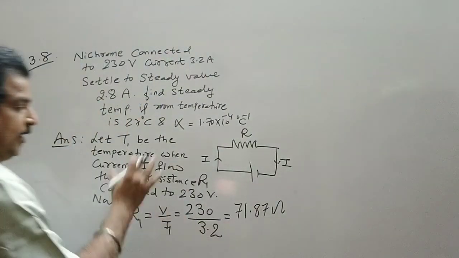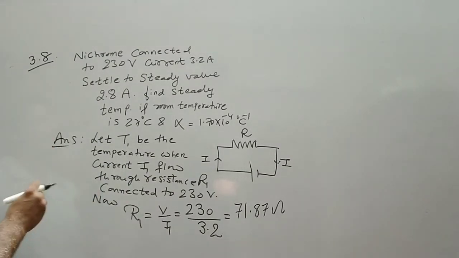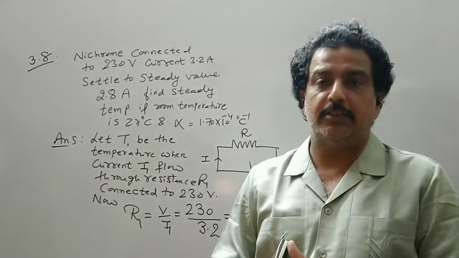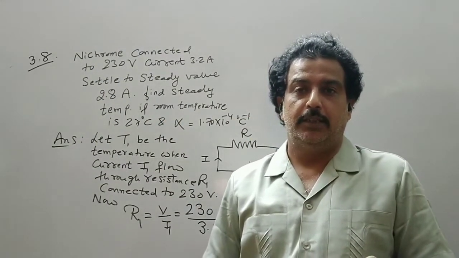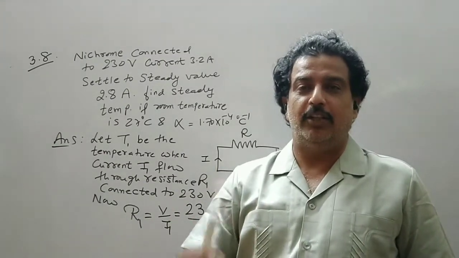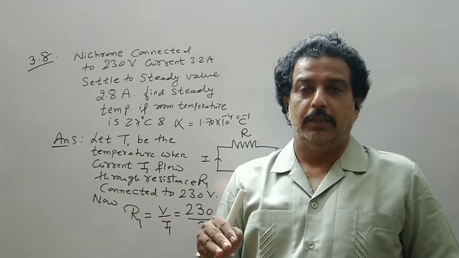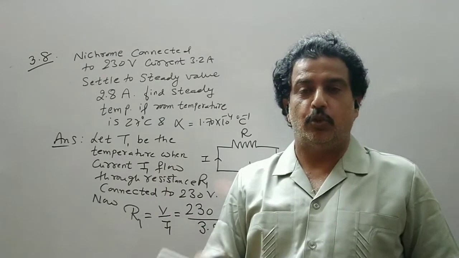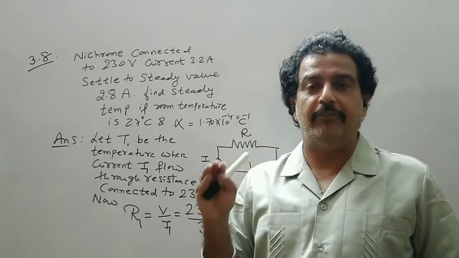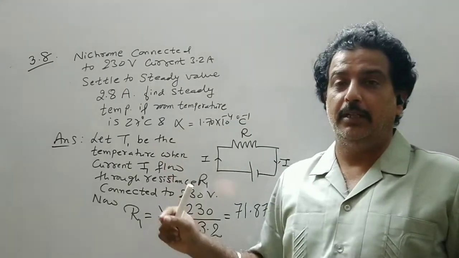So you remember this concept, current takes some time to become steady. In MCQ you have to remember, as soon as the circuit is switched on, the current flowing through the circuit is greater. Then after some time, the device heats up, the temperature increases, so the resistance increases, and the current achieves a steady value. That is what we have discussed in example 3.3.